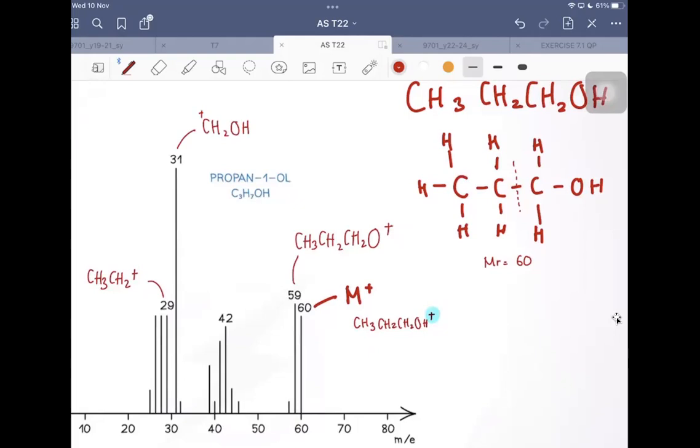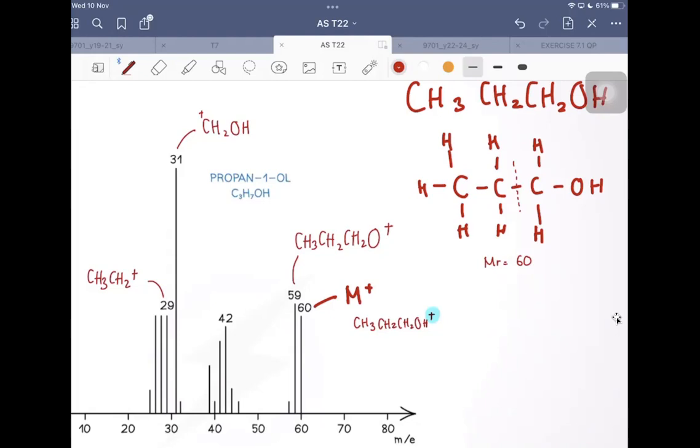Okay, 42. 42 is an interesting one. So you have to find a fragment that represents a mass of 42. My guess is it involves 3 carbon, because 3 carbon is 36. That's the closest to 42. So I've got 2, 4, 6. Now 42 is a bit of